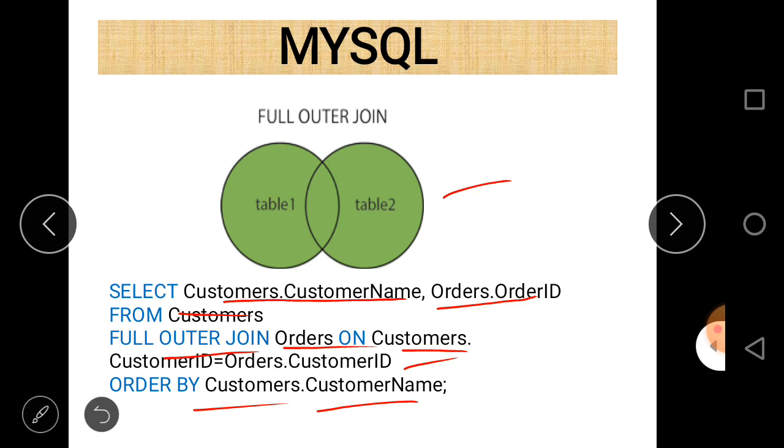Order by is not a part of this table, but if you want to put the data in ascending and descending order, you can use the order by clause. So here we want to put data in ascending order according to customer name. So just write customer name, because customer name belongs to the customer table. By default it is in ascending order, so no need to write ASC here. Data will be in ascending order after the execution of that statement.